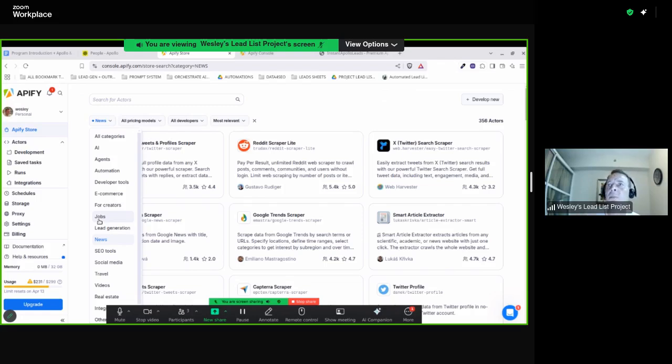So a client might want to say, we are a Google advertising agency and we want to know all these companies that haven't run Google Ads yet. So give me all these companies within a certain industry or a certain region and industry, and then run them through, or give me a list of all these companies that haven't run Google Ads, and you can figure it